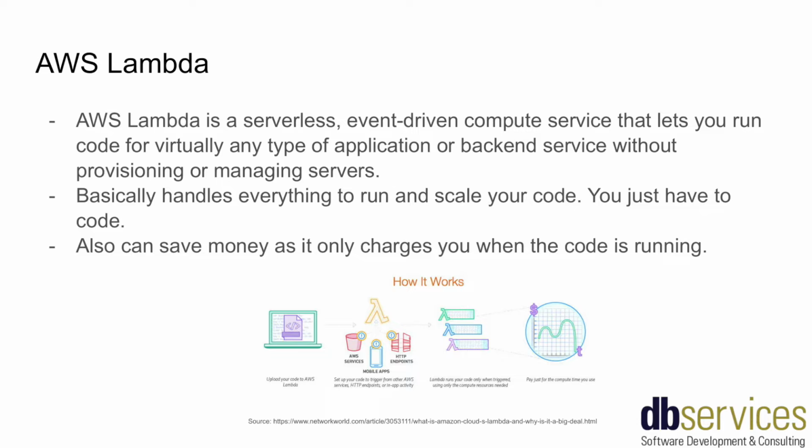This diagram gives a good run-through of how Lambda interacts with your application. You first upload or write code into a Lambda, then you set up triggers to trigger the code in your Lambda to run when needed. This is nice as it allows you to save money. You only get charged when your Lambda is running, and since your code is only run when it is triggered, you only have to pay for that time.